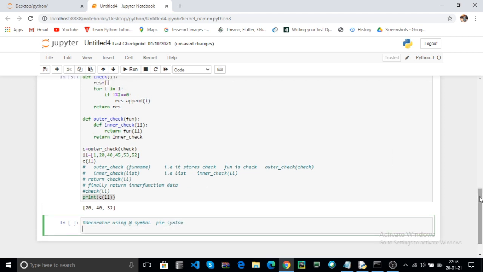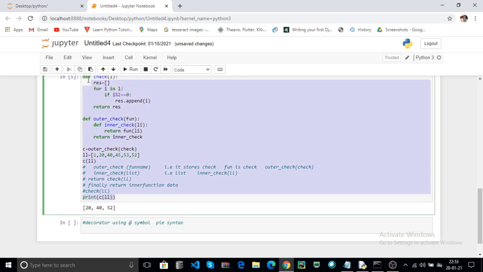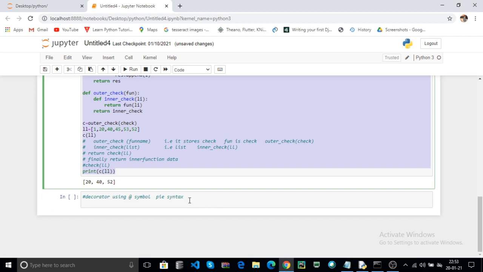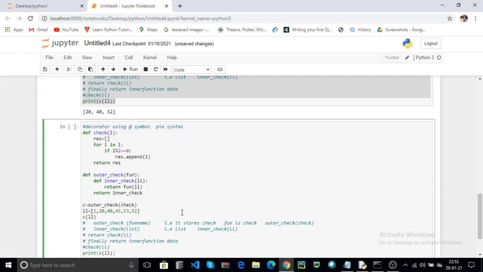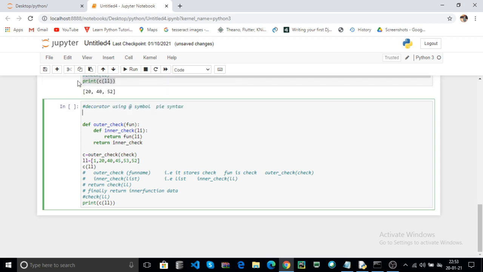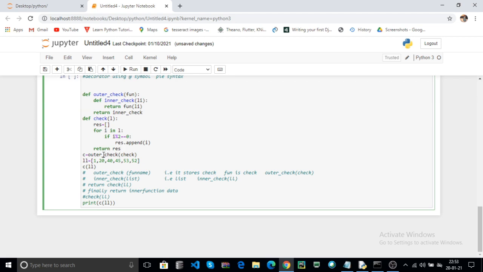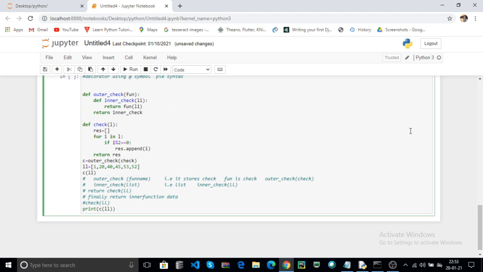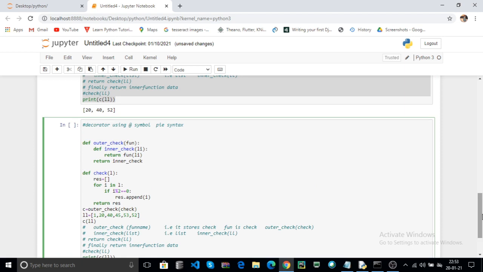You can take the same code, here you can use your check function inside the decorator. Inside the decorator you can use the Pie symbol. Here you can use the @.